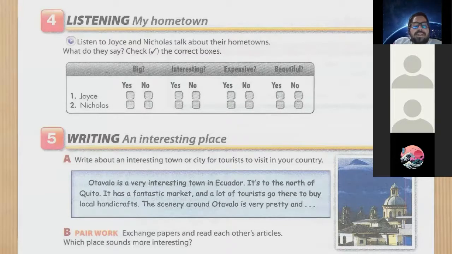What is the idea, guys? You're going to write about this interesting place here in Costa Rica, and the idea is that you're going to describe it, all right? You can use what we have covered in the unit about however to make a contrast. For example, let's imagine that you're talking about Limon, guys. We know that Limon is beautiful, right? And we know that Limon has many good beaches, right?